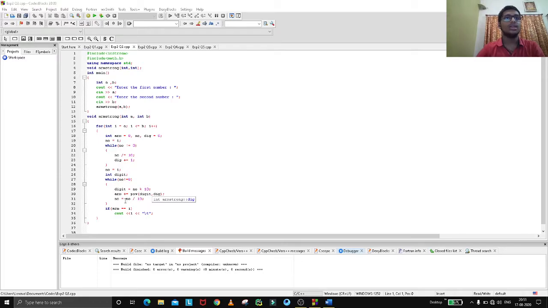So you can see that lastly, no equal to no divided by 10. It will remove the ones place, like if we give 3 numbers, and then goes to the tens and hundreds place. So only 2 digits will be printed. So if we run the code,